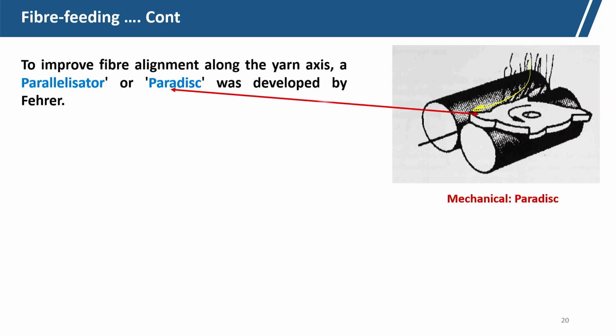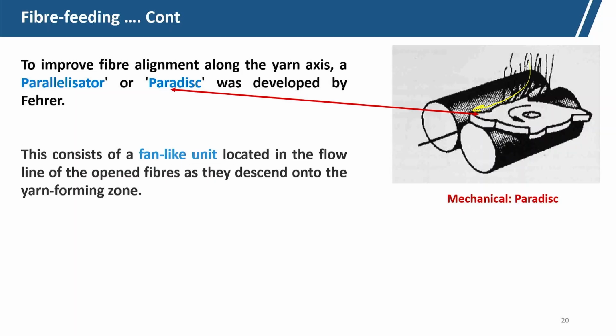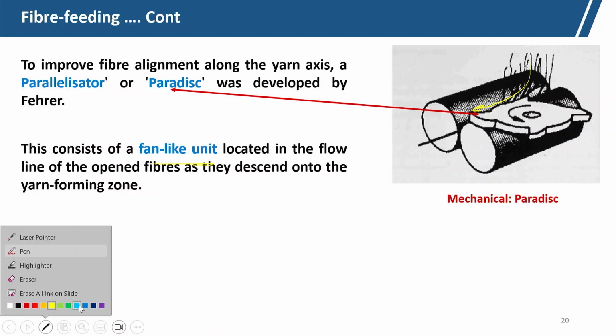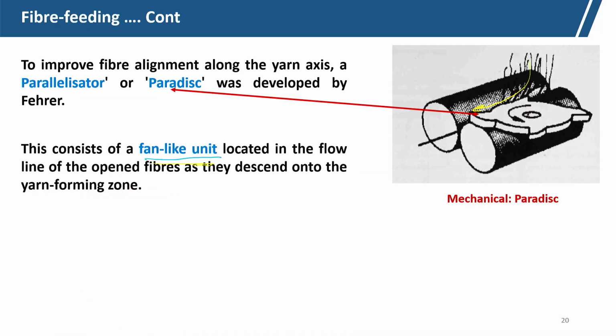This is the paradisc. The disc consists of fan-like units, located in the fiber flow line of the opened fiber as they descend onto the yarn forming zone,